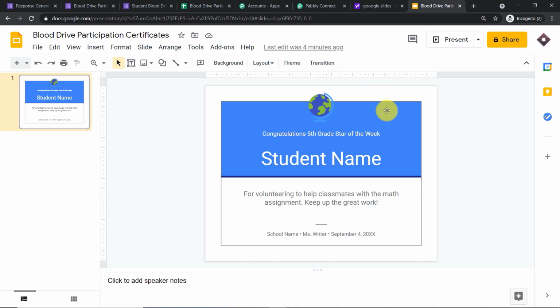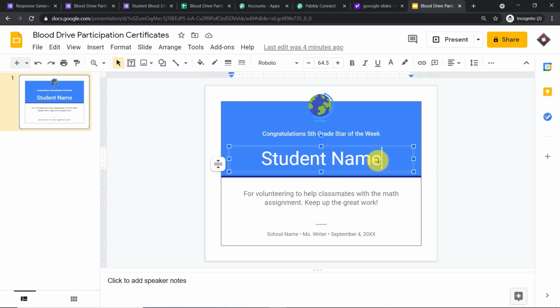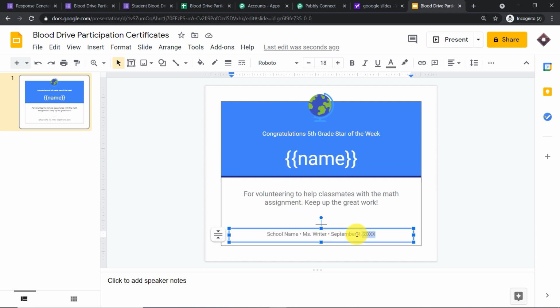Basically, what we are going to do here is introduce some dynamic tags. The idea is that the student name will come here, so I'm going to remove this. To introduce dynamic tags, let me enter a double pair of curly brackets. Inside the curly brackets, I'm going to type name. So we are ready with the name field. Then we are going to remove all of this, as it's not really necessary.